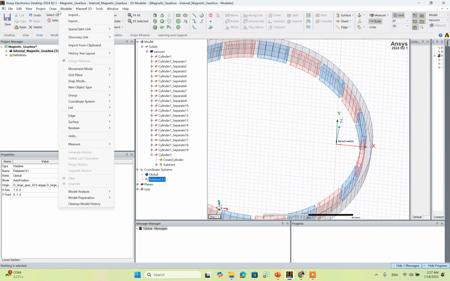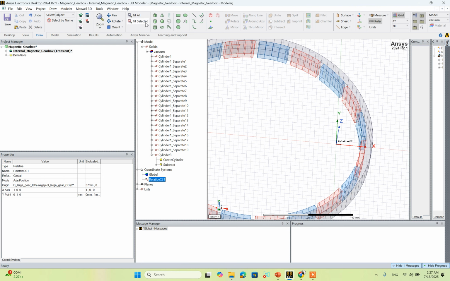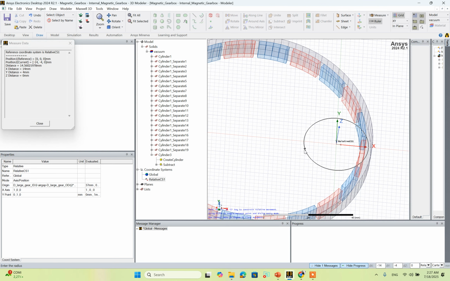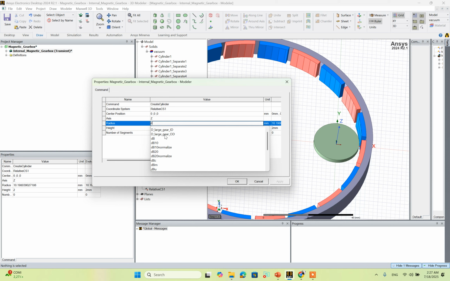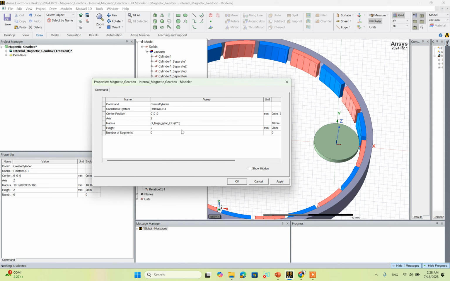So I will go here to draw and select cylinder from here, and make the outer diameter for this cylinder equal to the outer diameter of the large gear divided by 2 multiplied with the gear ratio, and the height will be the same as the large gear, and here we can add height of the large gear divided by 2 as shown here, and number of segments will also be equal to 100, and click here OK,